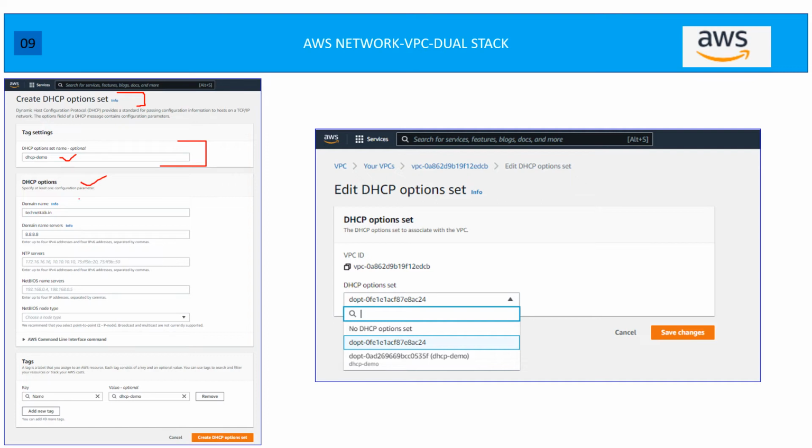We'll make this EC2 instance part of the domain name technettalk.in. And I want to use the DNS name server as 8.8.8.8. The rest of the fields I will leave at the default, though if you want to use any NTP server, etc., you can update it. Hit create DHCP option set. And when we go to our VPC edit DHCP option set, instead of this default, I'm going to use DHCP-demo, what we created just now,